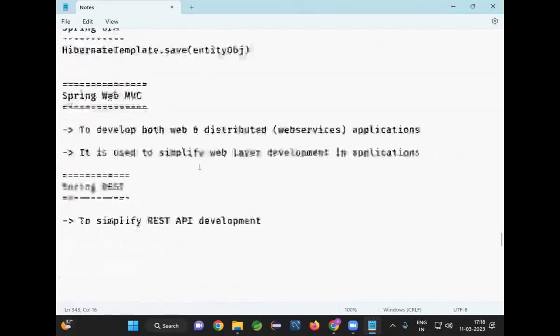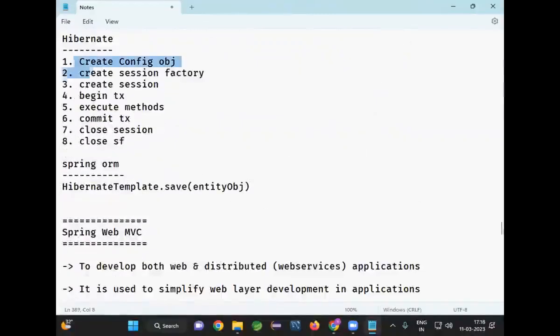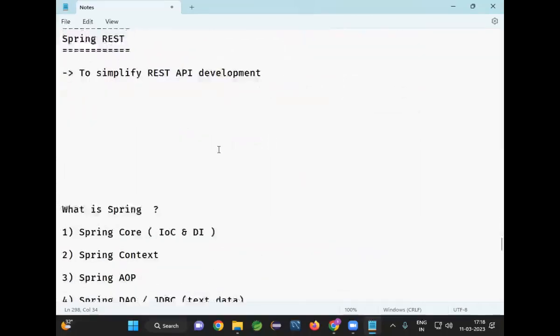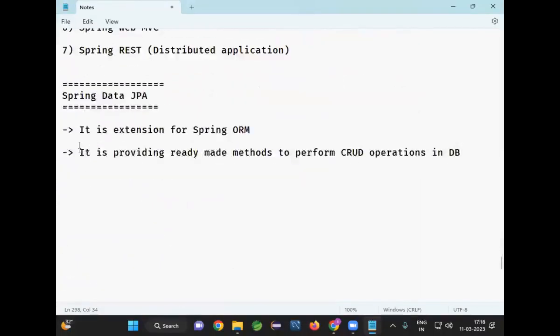If you go for normal Hibernate, how many lines of code do we need to write? 8 lines of code to insert a record. If you go for Spring ORM, how many lines of code are required? 1 line of code is required. You need to call the Hibernate template save method. If you go for this Spring Data JPA, you no need to write that 1 line of code also, because the ready-made methods are available in Data JPA. By using this Data JPA, we are going to develop